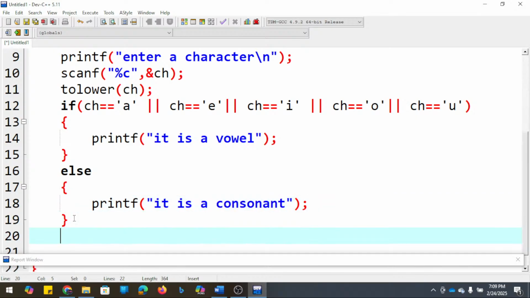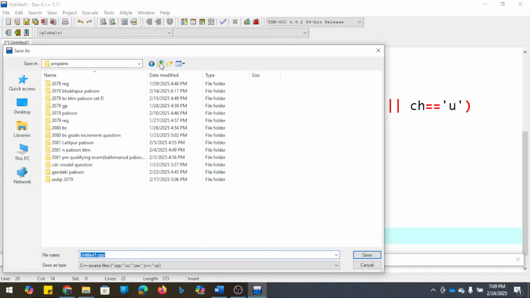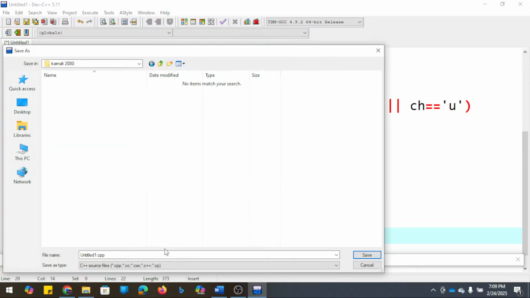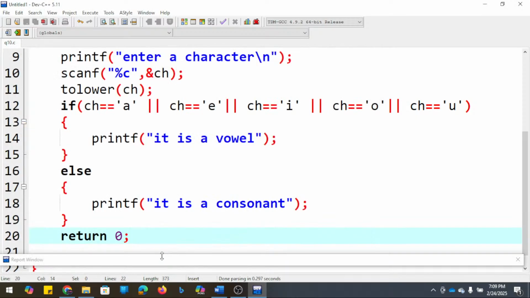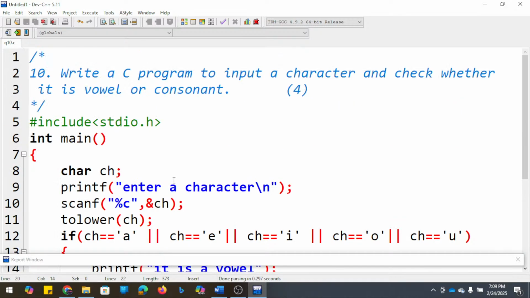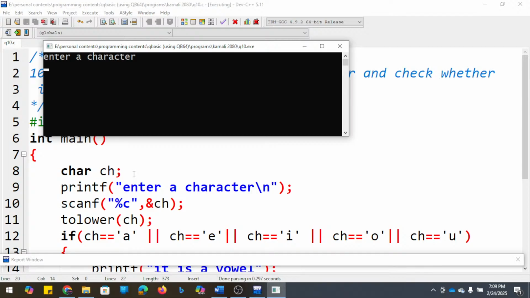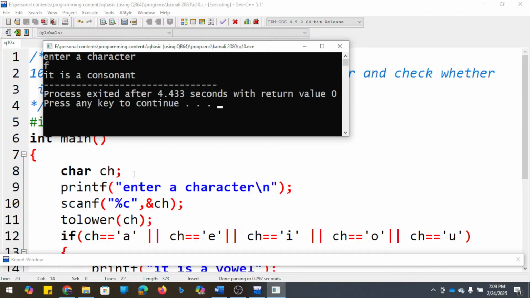So that's all. Now let's run it. So look here, it is a consonant.